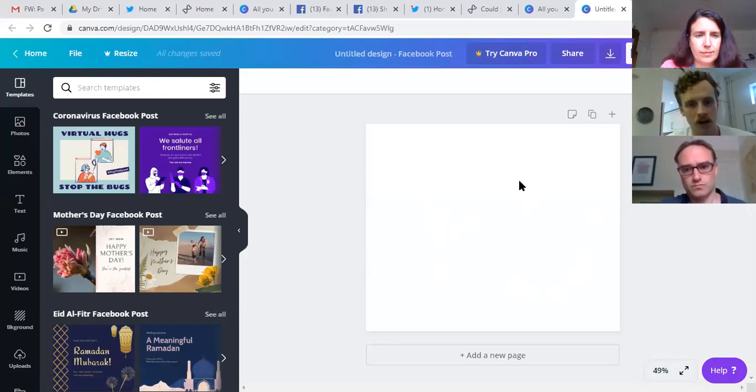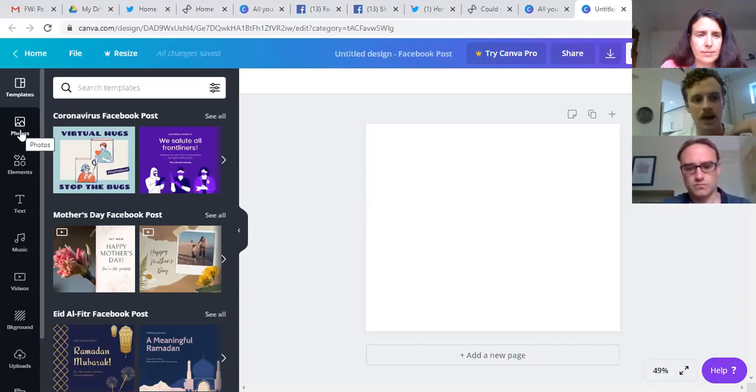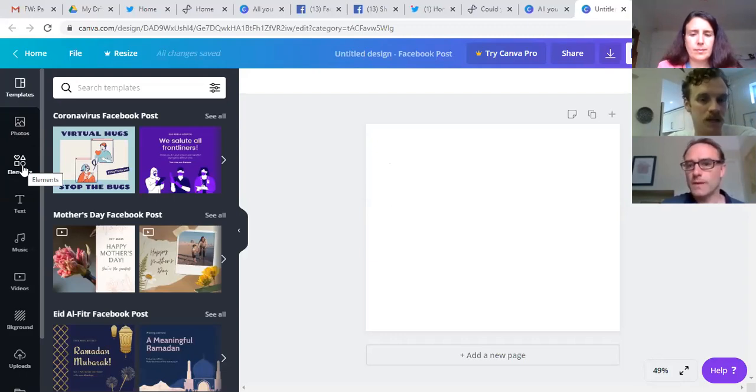As I mentioned before, it will do the same for you with Twitter. It creates the template to be the exact right size from the get-go, so you don't have to worry about that, which is good. There's tons of stuff in here that you can use: free elements, free shapes, free images that Canva offers you when creating a post. There are some that you can pay for, but as we argued before, we want to be using our natural strengths and the content and photographs that we've already got.